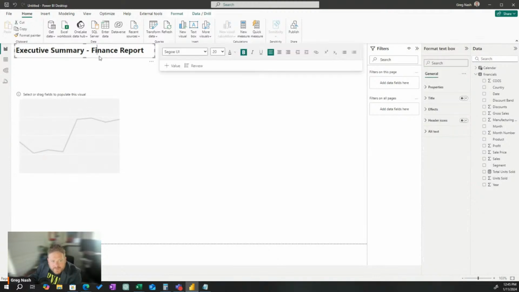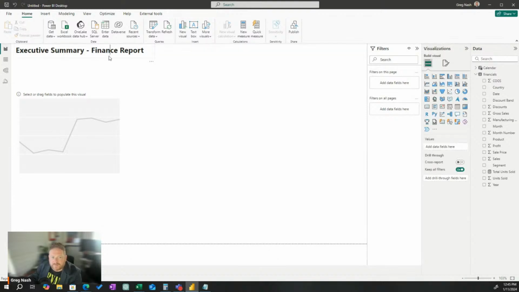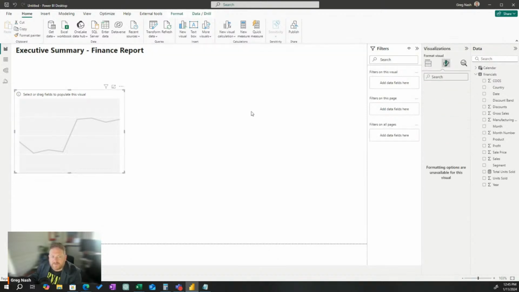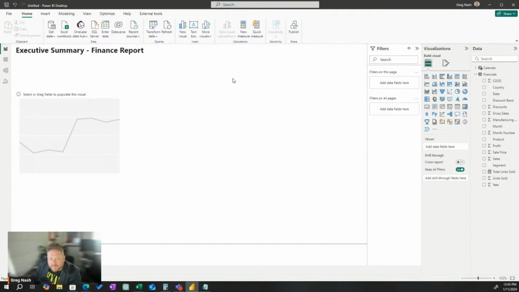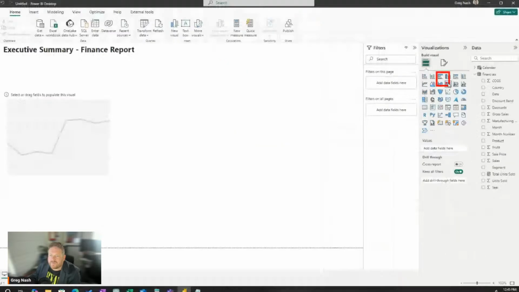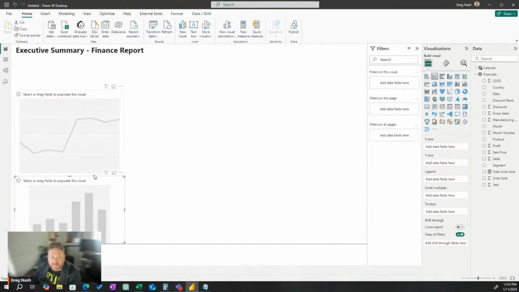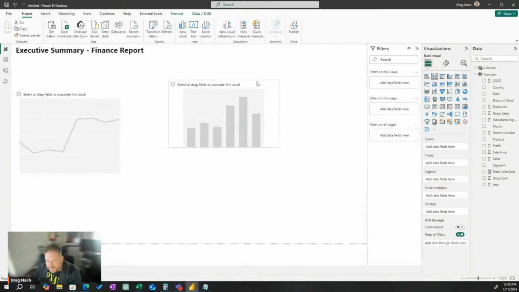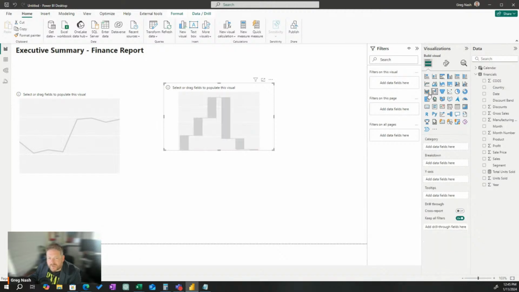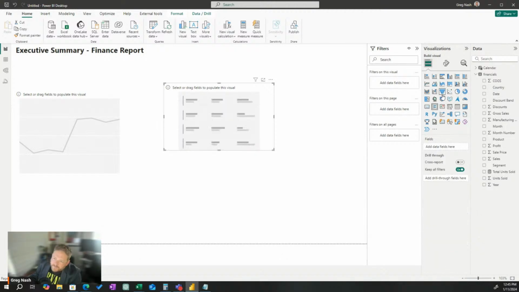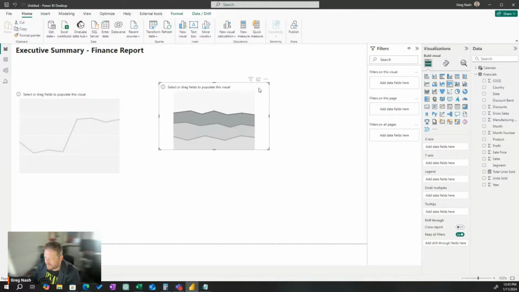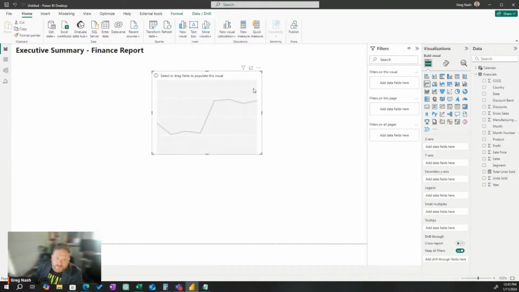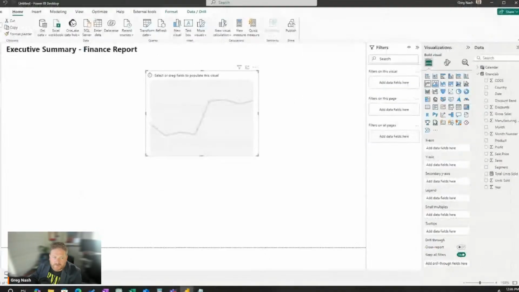Now, if you've got something selected and you click on a line chart, it'll try and turn that into a line chart. So you have to have nothing selected. You click in white space. So if you click in white space, you select nothing. Then if you click over here, it creates a new thing on your canvas. So see, it created a new one. Now, if I select this and I click, it'll change the one I've got. Just pay attention to that because you can accidentally change your charts if you've got things selected. All right, so we've got a line chart happening.